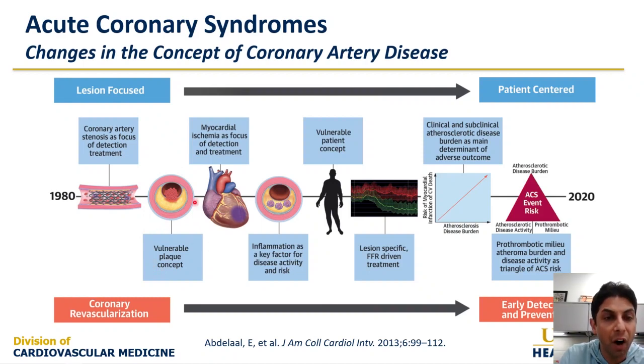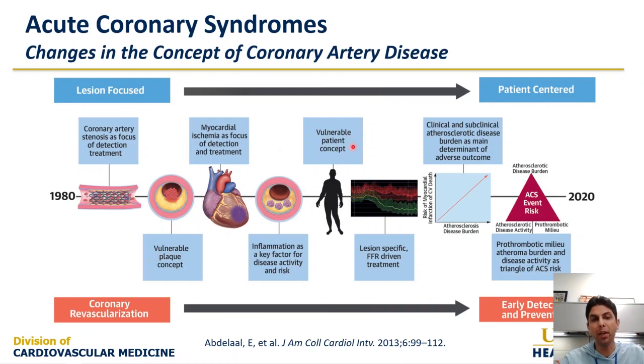But then our thinking evolved. We started thinking about myocardial ischemia and decided that that should be a focus of detection and treatment. If a patient had evidence of myocardial ischemia, we got to detect it with the various stress tests we talked about in other lectures and treat it. Then we recognized a very important point: that inflammation is a very key player in terms of disease activity and risk. And then we moved away from the vulnerable plaque concept to the idea of a vulnerable patient, that a